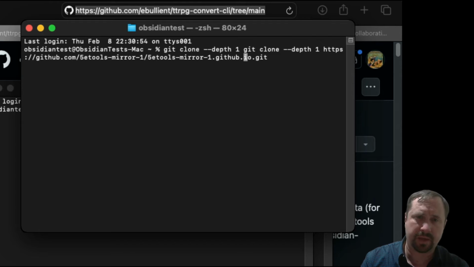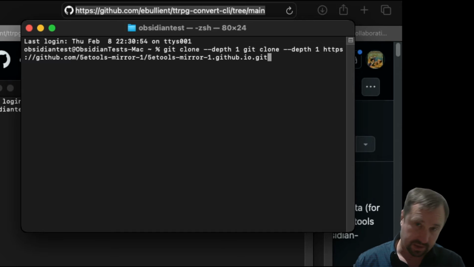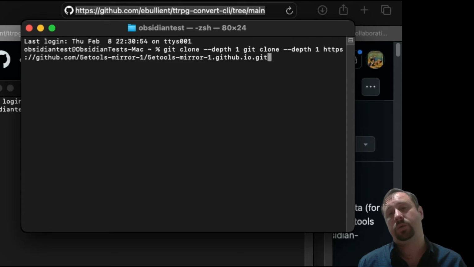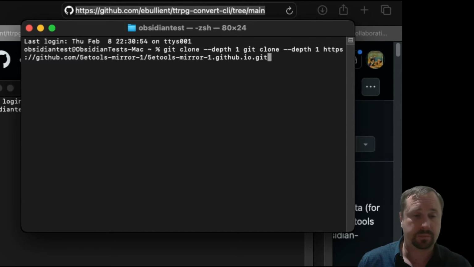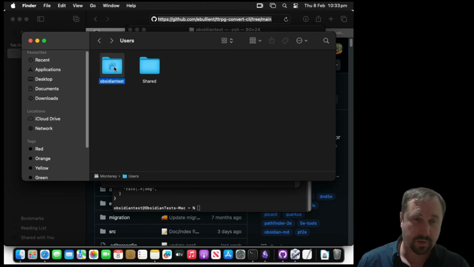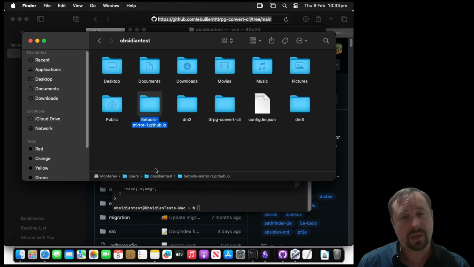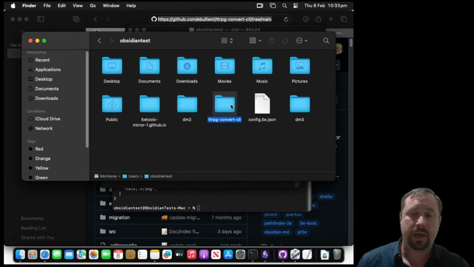So go from there. All right, press go, and what that's going to do is create a copy of the 5e Tools GitHub on your computer as well. So if we have a look in your profile folder, you should end up with a 5e Tools mirror, 1.github.io, and a